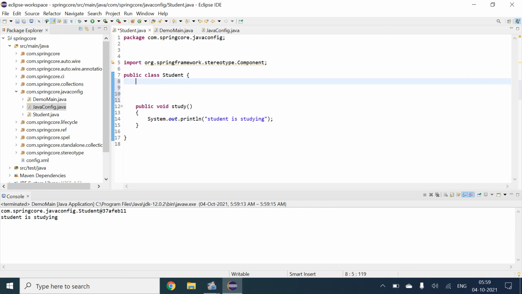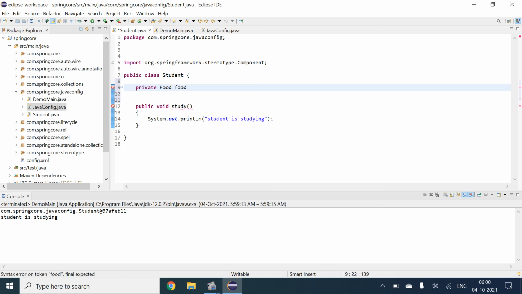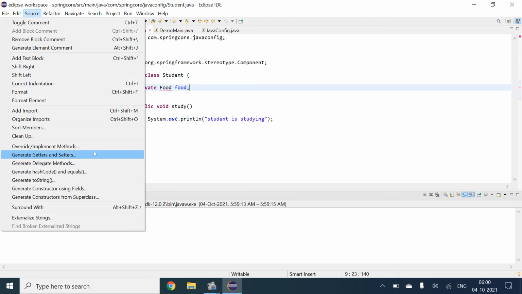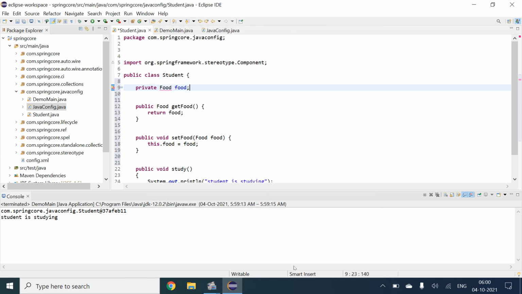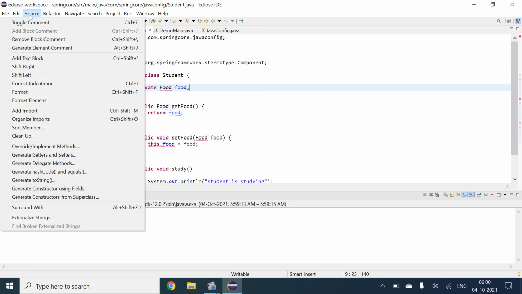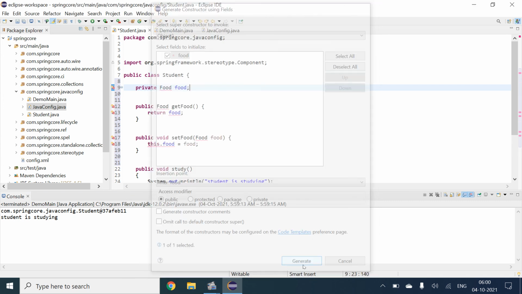If the student eats something, we just created a constructor and getters and setters.